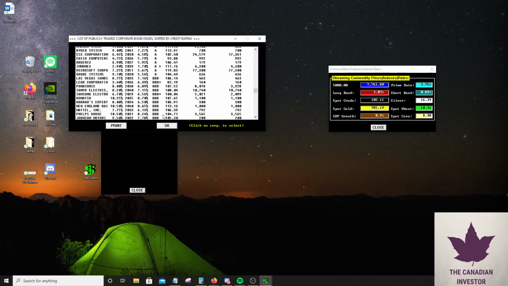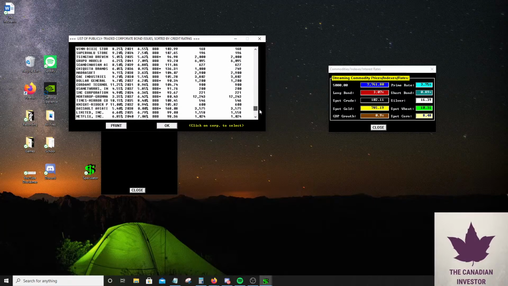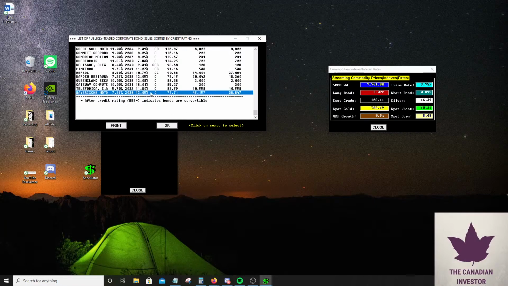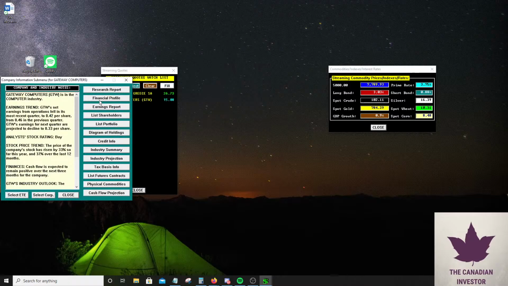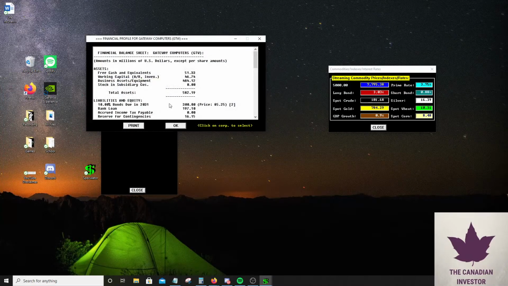2031 still pays 5%. Let's look for a little bit more riskier junk bonds. So in this case, this one pays a nice hefty amount, but it doesn't mature soon. Gateway. So this one is potentially a good junk bond. 18%. So I have to do a bit of research on this company because it's a junk bond, so they're pretty unlikely to pay me back. So maybe the market is undervaluing this bond.